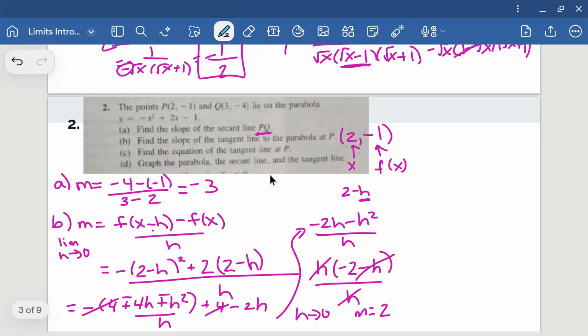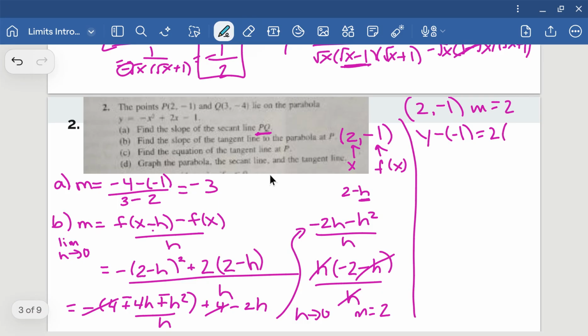So lots of work there. Now that we've done that, if they want the equation of the tangent line at point P, the tangent line has the point (2, -1), and it has the slope of -2. So we can just use point slope form and plug in those points. So y minus -1 will equal your slope times x minus 2, so minus x1. We have that, and plug in and expand. We will have y plus 1 equals